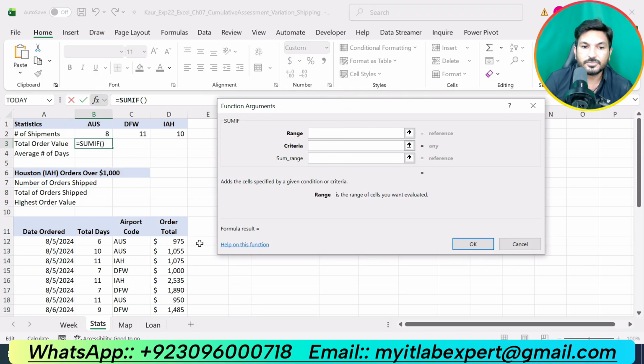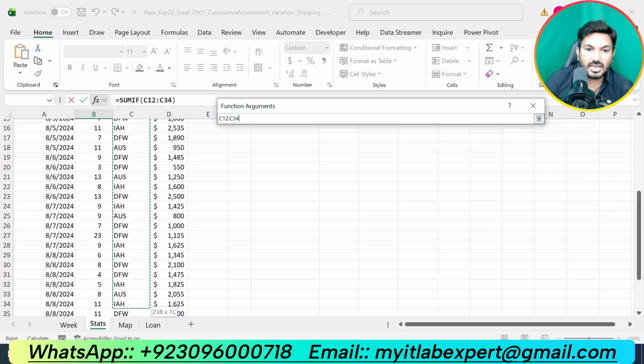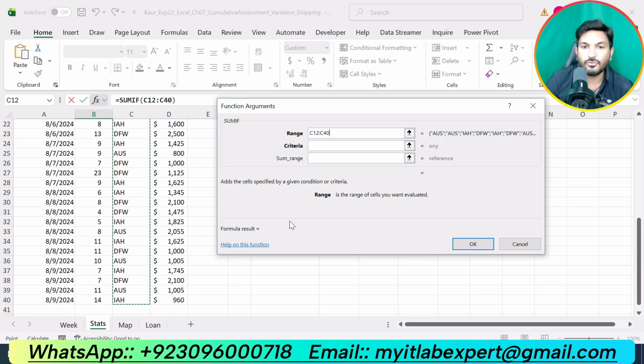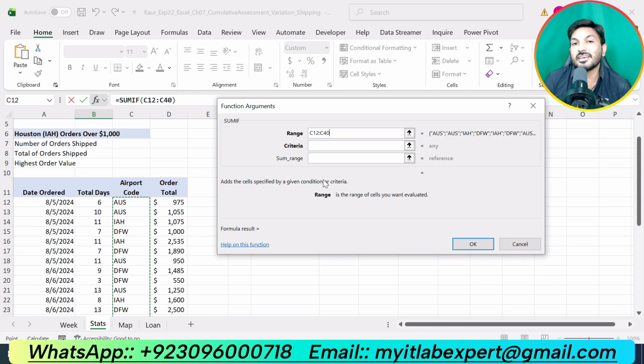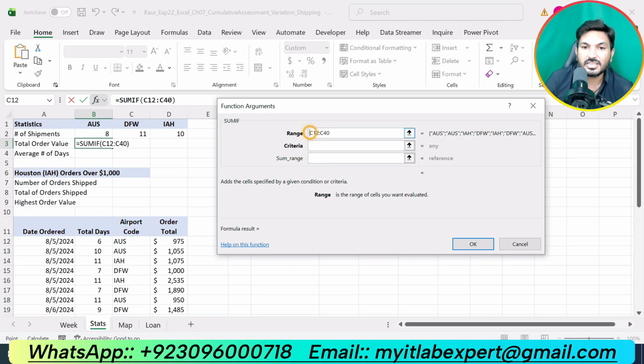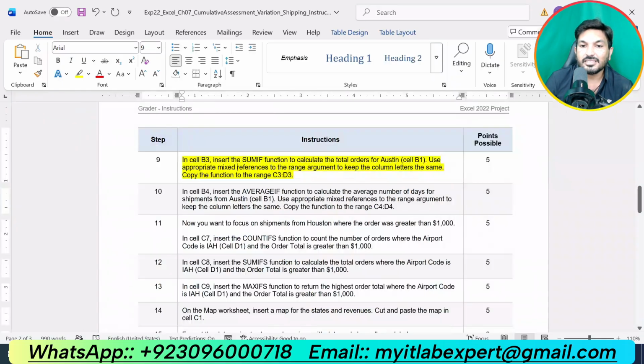Our range is C11 up to C40, because this is the range on which the criteria is based. The criteria is given in cell B1, and our sum range is where we calculate the total orders.